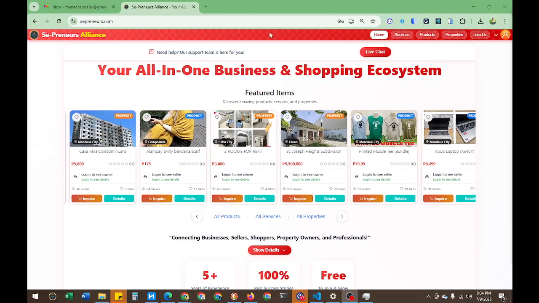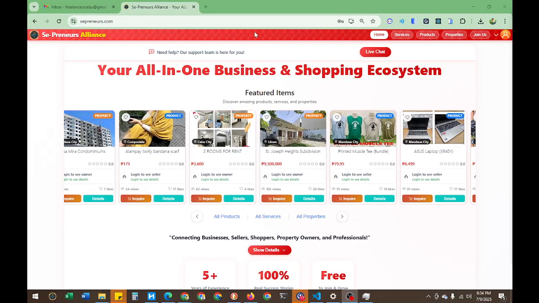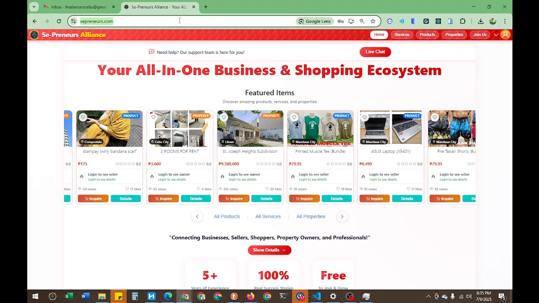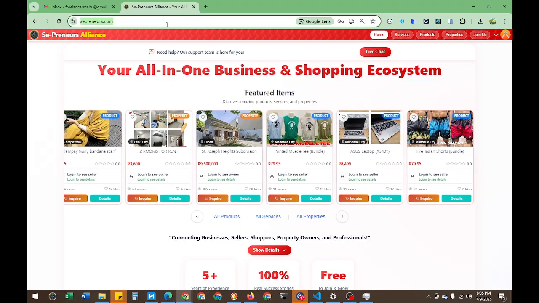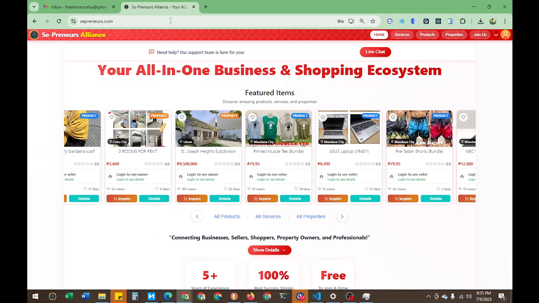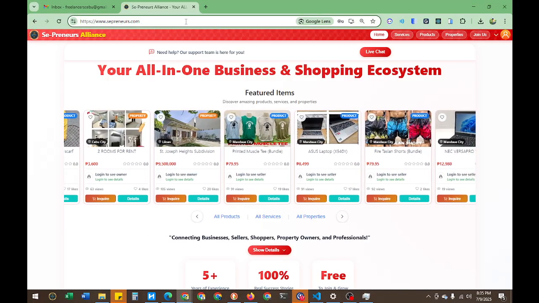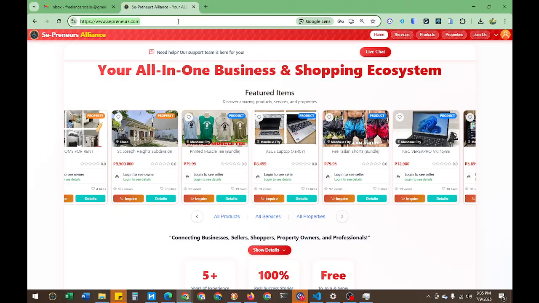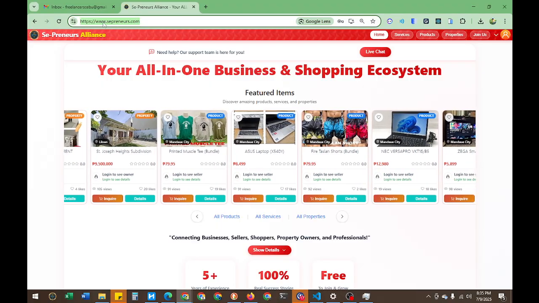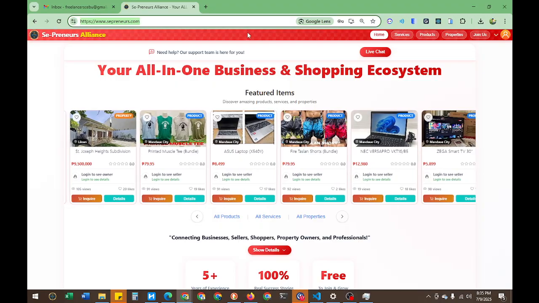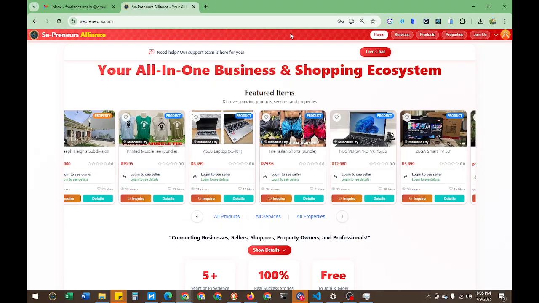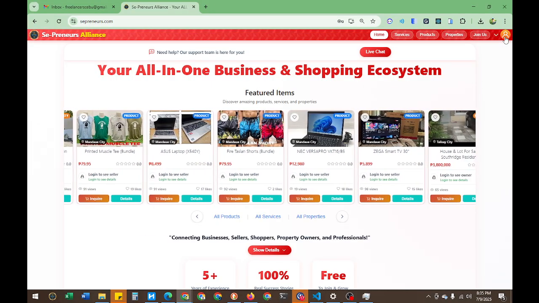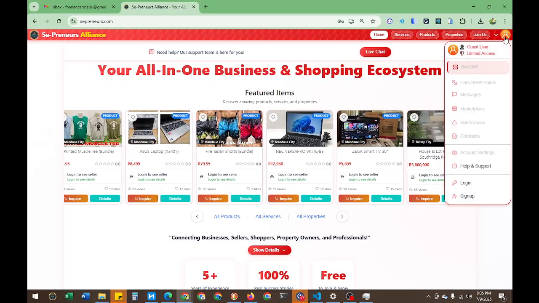So the first thing to do is to open the browser or Chrome and then type cipreneurs.com on the URL bar, or you can also type the exact URL. So https and then www.cipreneurs.com. Once you are on the website, click the profile dropdown on the upper right side of the website,